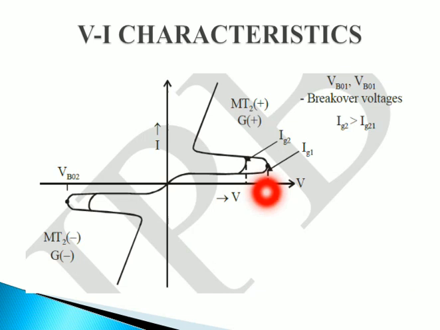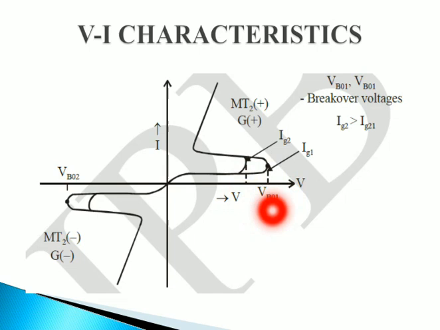Triac is a bidirectional switching device. Whenever your gate current is increased, your breakover voltage will decrease. Now you can see here, when you compare your diac and triac, in diac we were having only one gate, but here we are having two gates, which will be controlled separately. So whenever you are using two gates differently, you are getting two breakover voltages, right? So whichever breakover voltage will be greater.